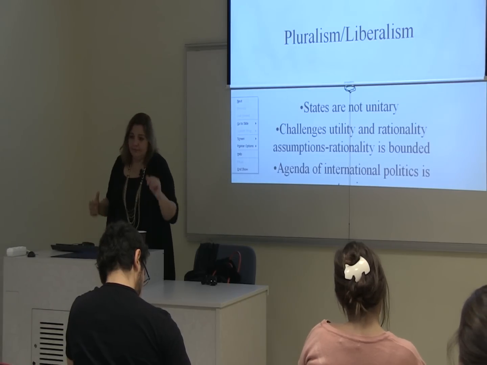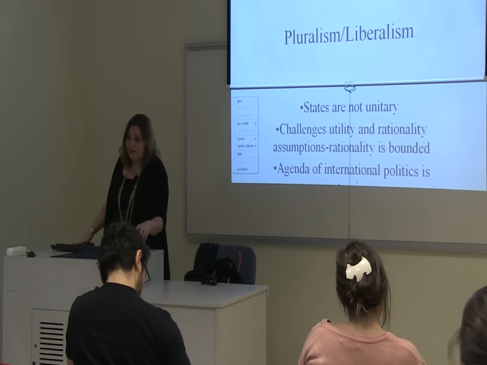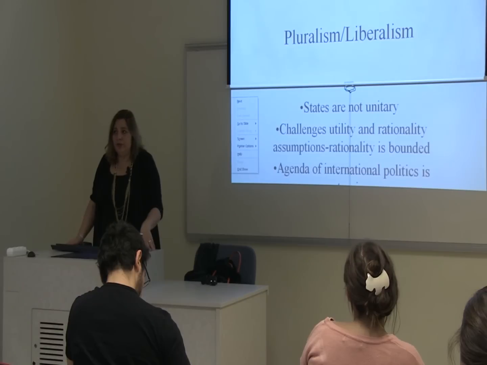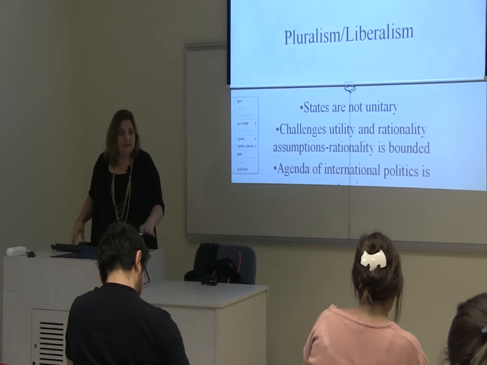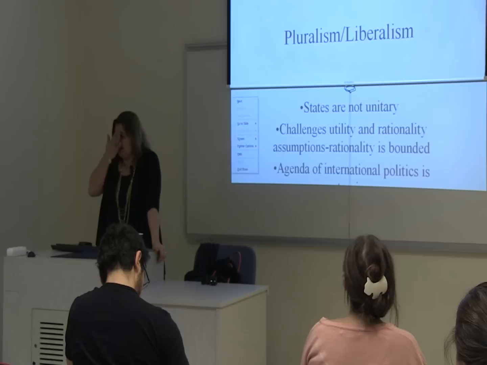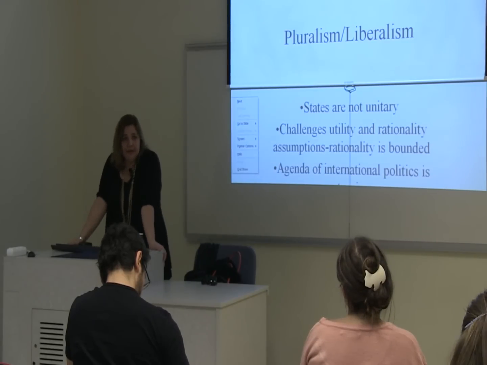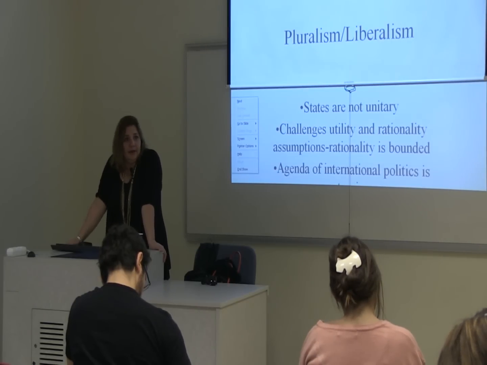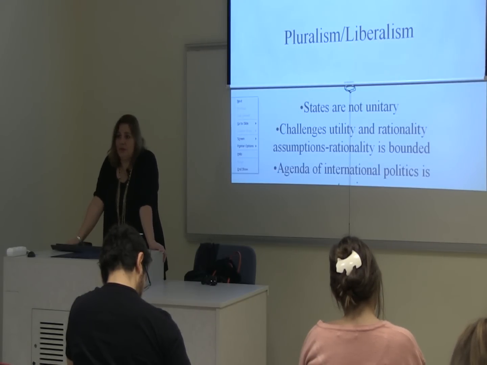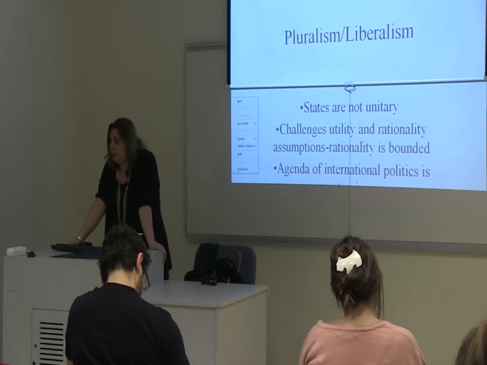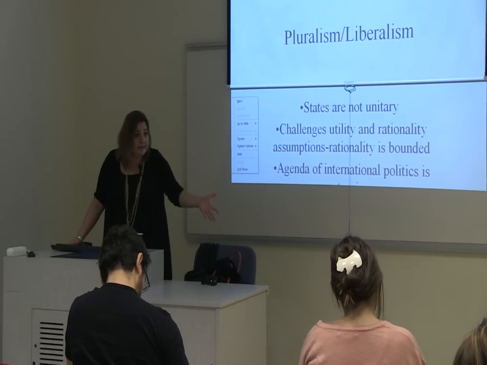So pluralism / liberalism, okay, ties itself to the Kantian tradition for the set of assumptions that it gives you. Okay? Human nature is by definition improvable. It's a starting assumption, which then tells you that through the creation of certain institutions, you could actually change human behavior. Okay? And not only can you change human behavior, because Hobbes also tells you that you can change human behavior. From the Hobbesian tradition, if there is a Leviathan, you will not commit certain actions. Okay? That's a change in human behavior. But Kant says not only can you change human behavior, you could actually also improve and change human nature, which is constant in Hobbes. Okay?